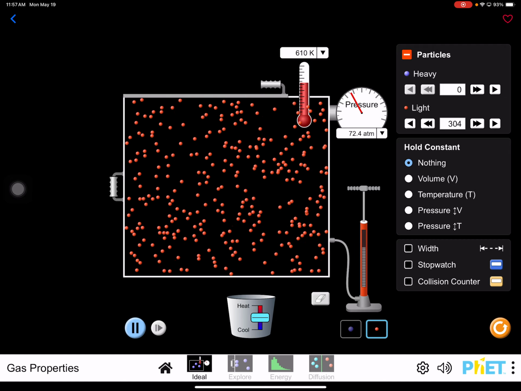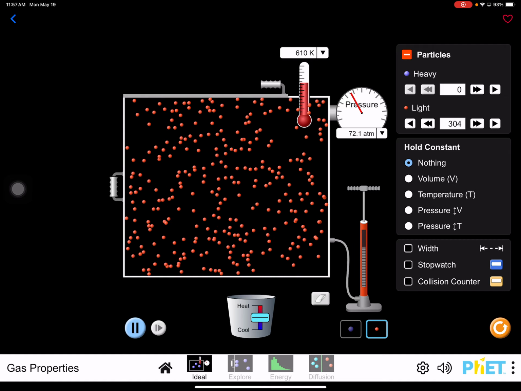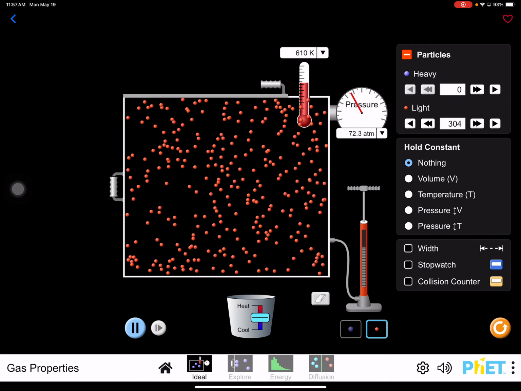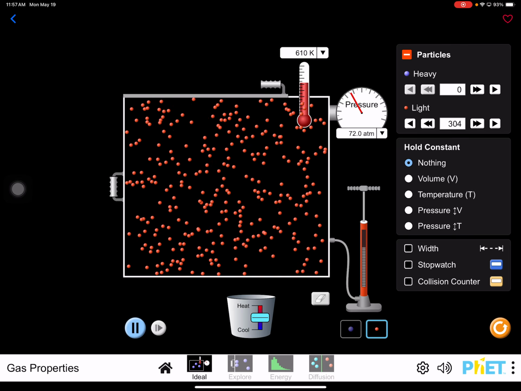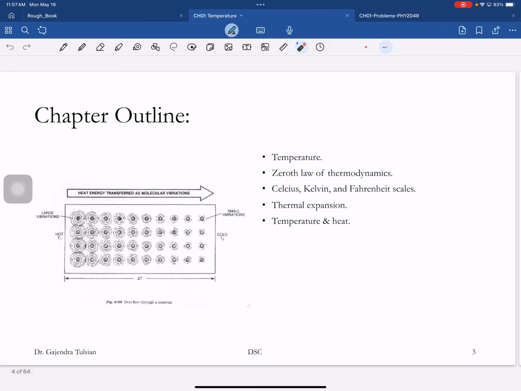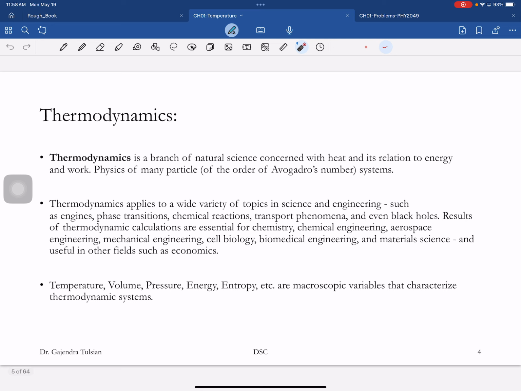So when you double the temperature, what you learn is you have double the average kinetic energy per particle. All right. So that's what temperature means. So now